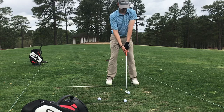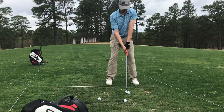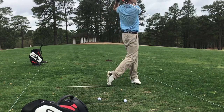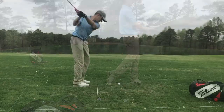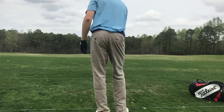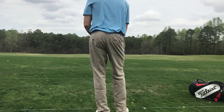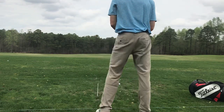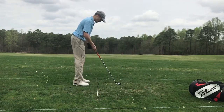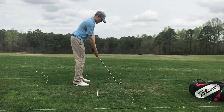So these next 3, I basically won't have a swing thought. I'll go through my pre-shot routine. I'll pick out a target, think about hitting it low, medium, or high trajectory, and then draw, fade, straight shot, you name it. So that's what I'm working on there. And for the rest of this video, I'll